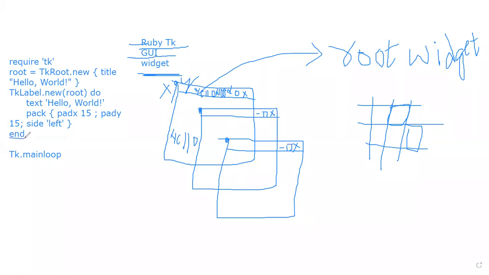And this is the end of your Ruby TK. That is also the end of TK dot main loop. Whatever loop you are using, that is the end of this one. Okay, this is a simple TK application. A simple Ruby TK application.